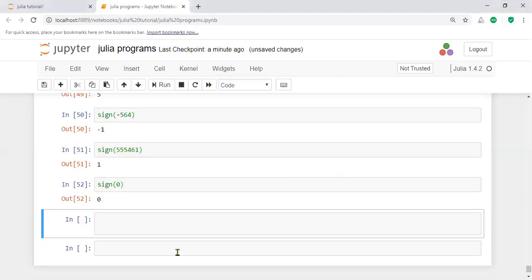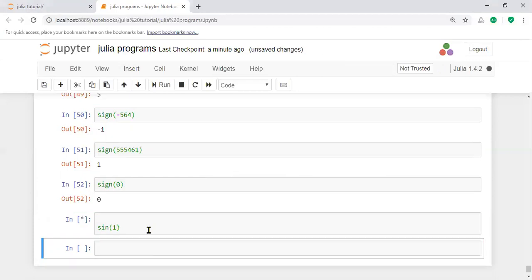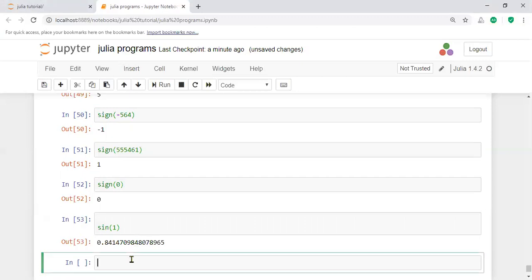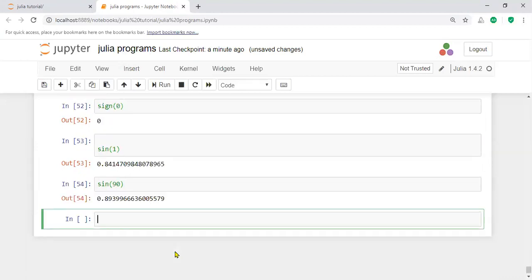For example, taking the sine function, sine of 1 equals, what is the result here? It gives a result of 0.89 something. In this way you will have sine, cos, tan, and other trigonometric functions. This is something about the mathematical functions.